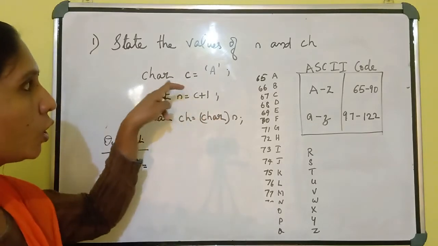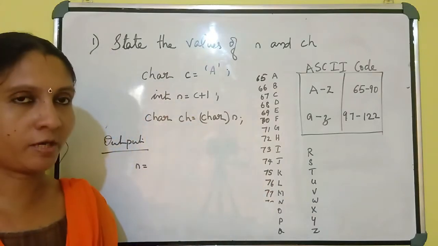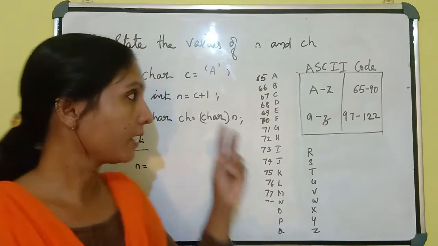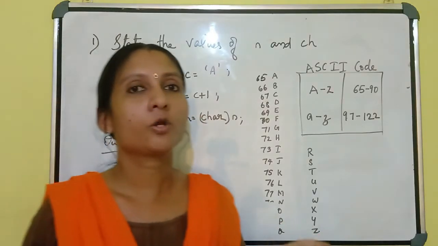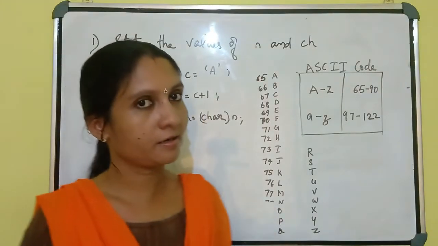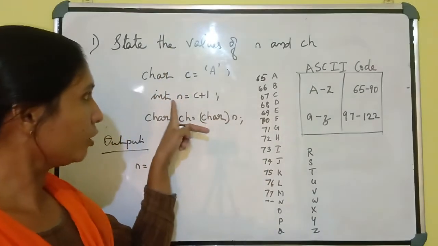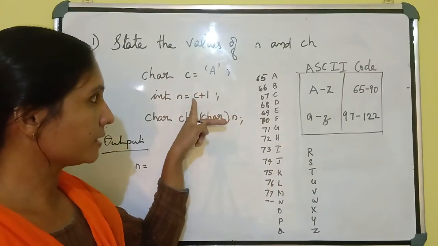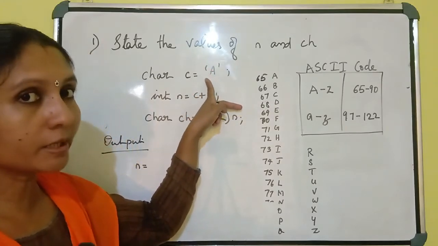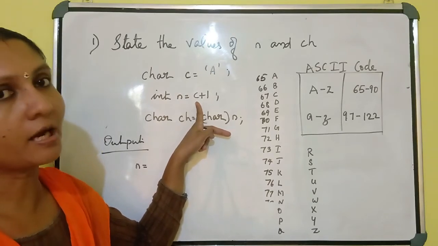That means here we know c is a character type variable and n is an integer type variable. And a character type variable occupies 2 bytes of memory and an integer type variable occupies 4 bytes of memory. When you operate with a character and an integer, it must be converted into integer. Okay. Then when you operate with this one, c plus 1 means it will take the equivalent ASCII code value of that particular character and apply that value here.